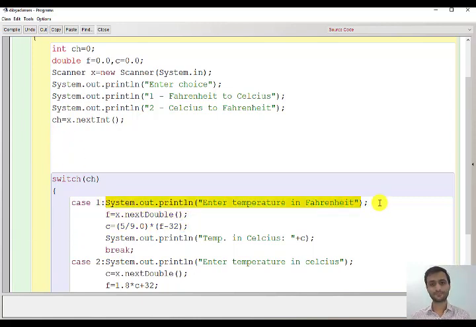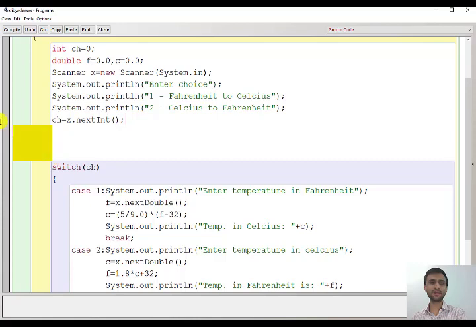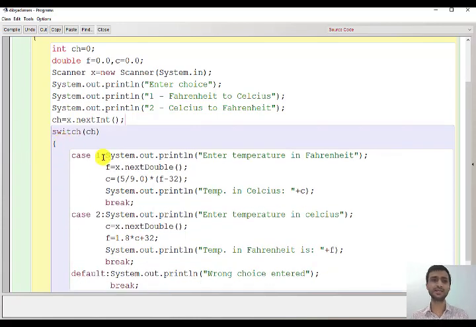For example, I will write the print statement, enter the temperature in Fahrenheit. But do you even know whether you need to input the temperature in Fahrenheit or Celsius? Because till now you have not checked what his choice was. So here you can only write enter temperature. But what temperature? Fahrenheit or Celsius? Right? So here there will be a problem. You cannot ask the user what temperature you want, Celsius or Fahrenheit. Okay. So since there are two types of values to be inputted, either Fahrenheit or Celsius, it is advisable to take input in each case.